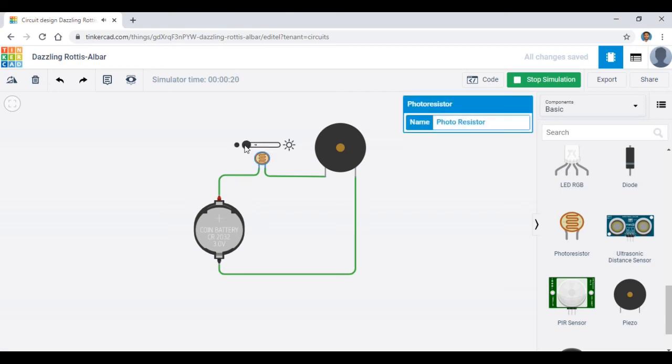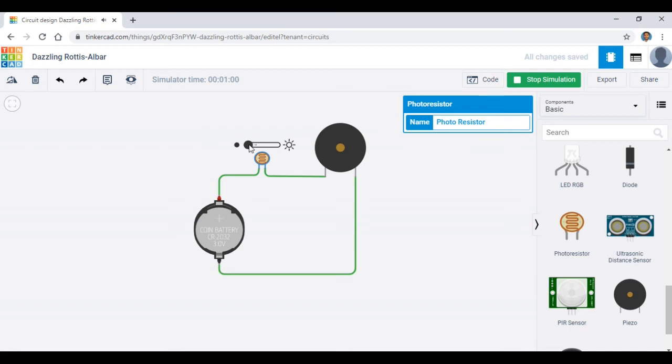It's not buzzing, right? Just check the intensity of the light. Click on this photoresistor, then you will get a light intensity bar. This side is the dark side, this side is the bright side. When the light is at the dark side, the photoresistor works as a resistor, so it's not allowing the current which is sufficient to ring this buzzer. That's why it is not active now.